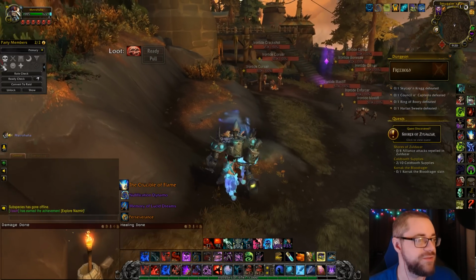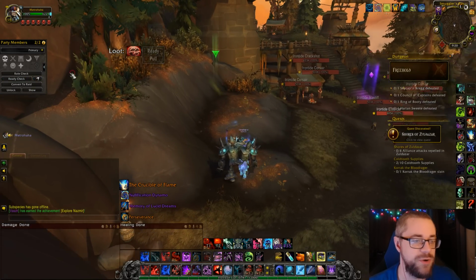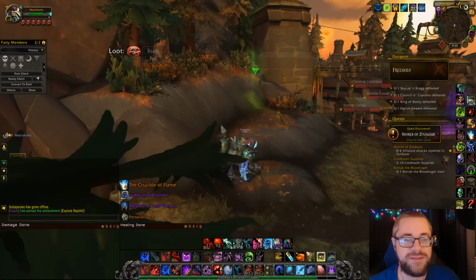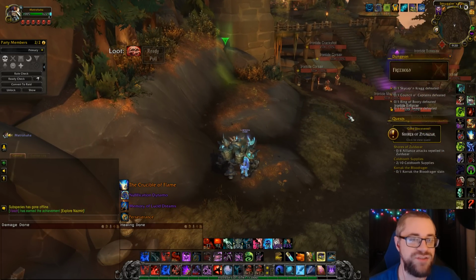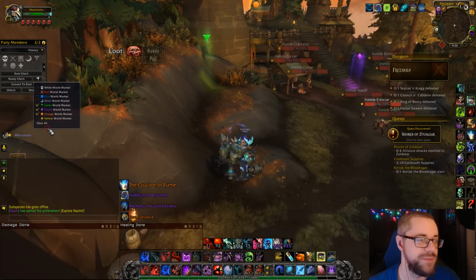Apparently, I didn't know this was actually possible, but people have been saying that you could put a portal somewhere around here, and you could use it to get up to where that orange marker is, and you could skip all this trash here as well. Just kind of a poor man's rogue,